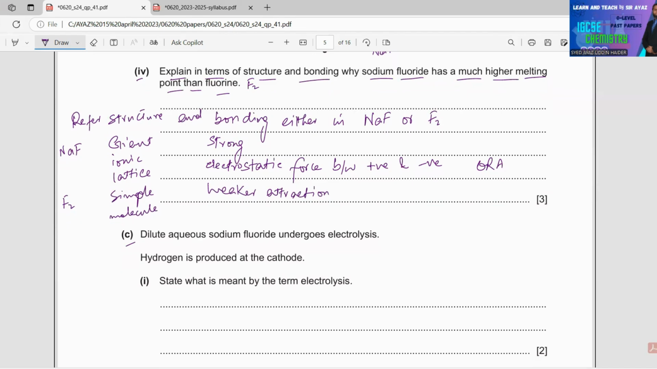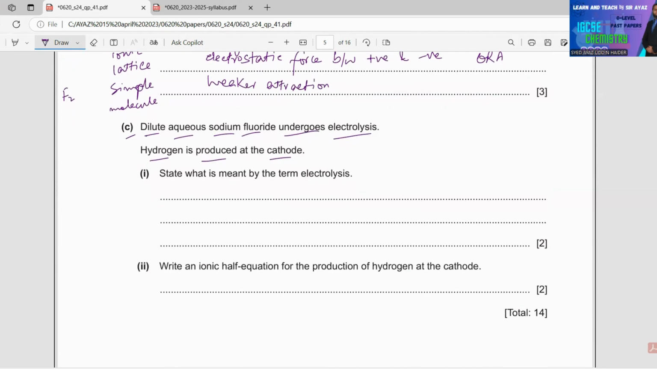The C, dilute aqueous sodium fluoride undergoes electrolysis. Hydrogen is produced at the cathode. One, state what is meant by the term electrolysis. It's made up of two terms. Electro means electrical, electricity. Lysis means breakdown. So here, what do you write? You will write breakdown